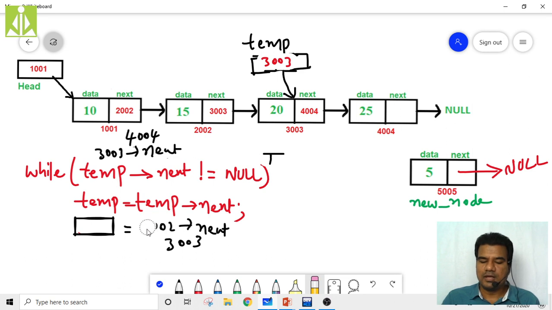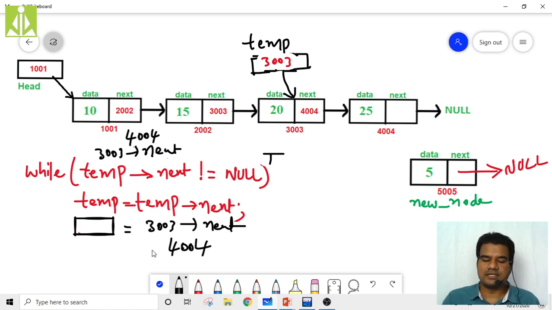This will be removed, and we'll do one more analysis. What is temp now? Temp is 3003 now. So 3003 of next is nothing but this part, 4004. That 4004 will come over here, and it will be assigned to the temporary pointer.